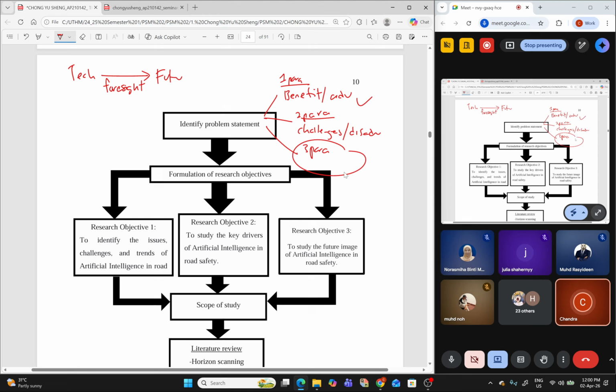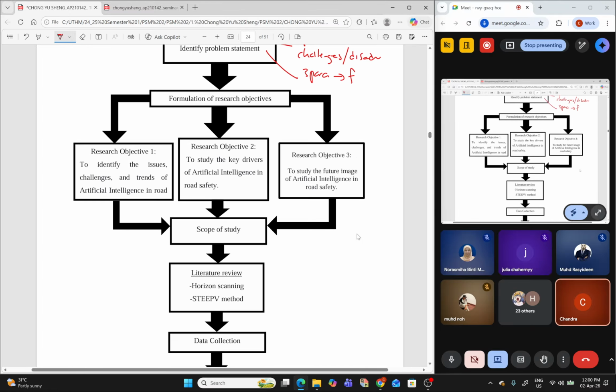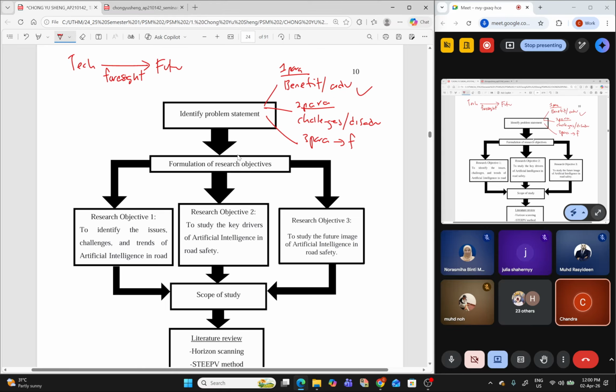So in the third paragraph you write, you want to do, that is the motivation for you to do foresight study. This you can find from your thesis, sample thesis. So that's how you do problem statement. Ini pandangan saya. If your supervisor have any thought on this, you can follow her also.